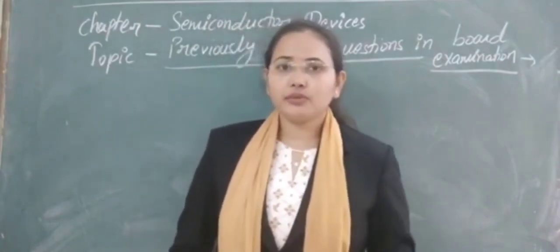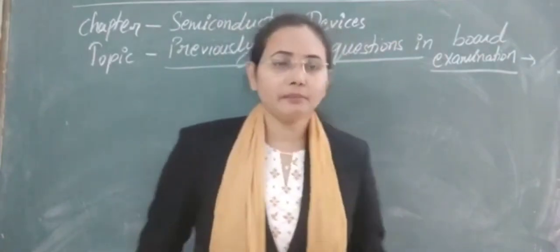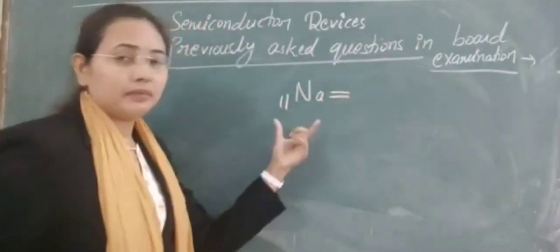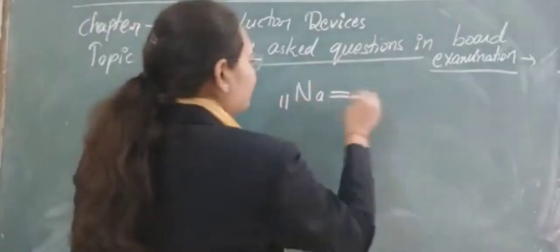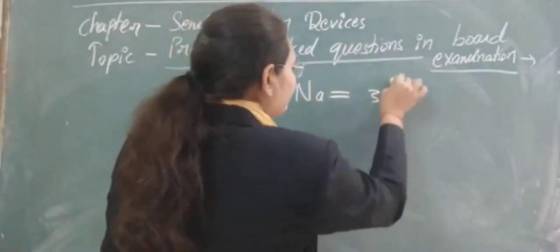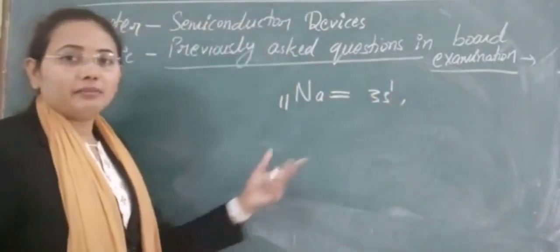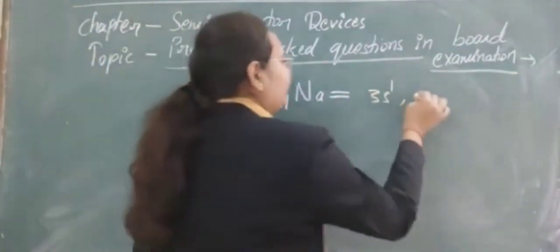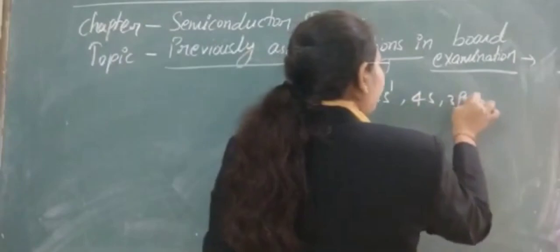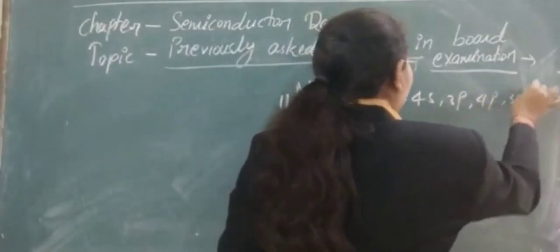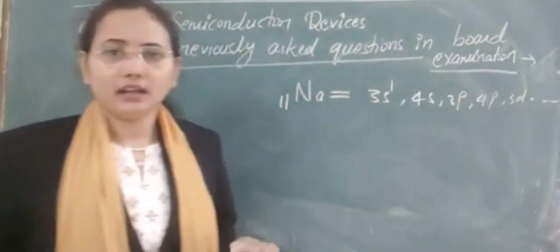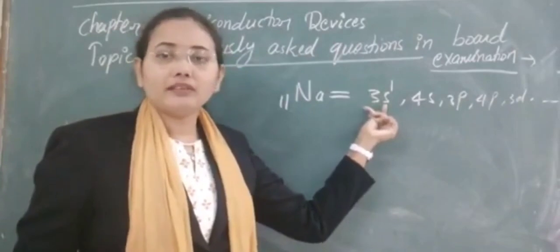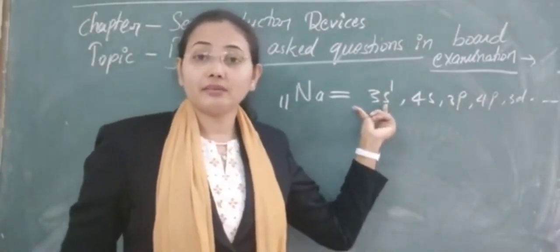Suppose you don't understand, then let's take the example of sodium. In the case of sodium, it has 11 electrons, and if you do the electronic configuration, I am directly going to take the last orbit. So this is 3s1, and before it all the orbits have filled electrons, and after that we get 4s, 3p, 4p, 3d, and so on, a number of excited levels that are empty here. So here we can see that this is the valence electron that will be responsible for the conduction, that will be responsible for the